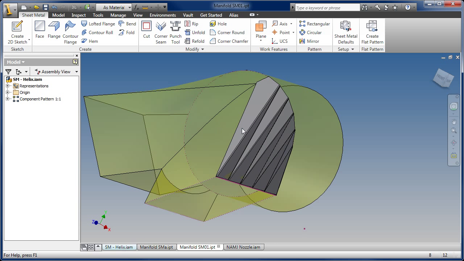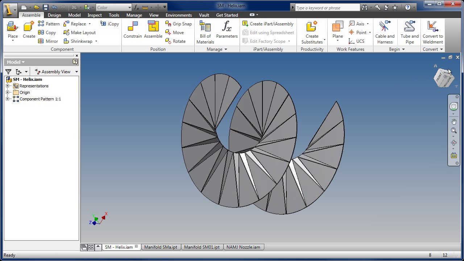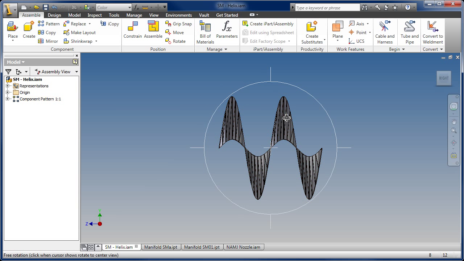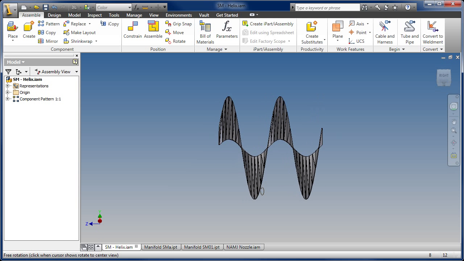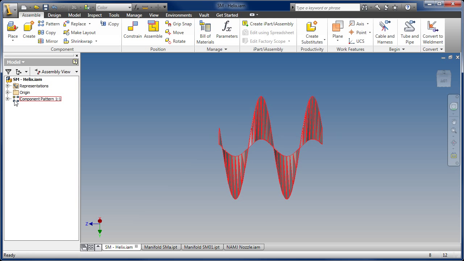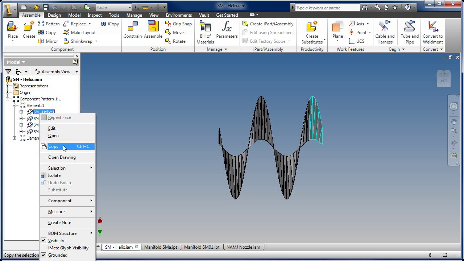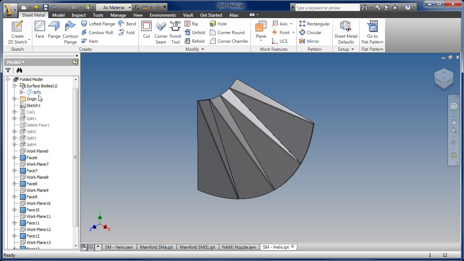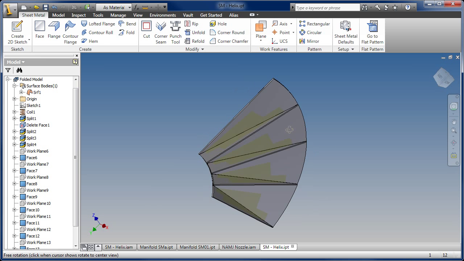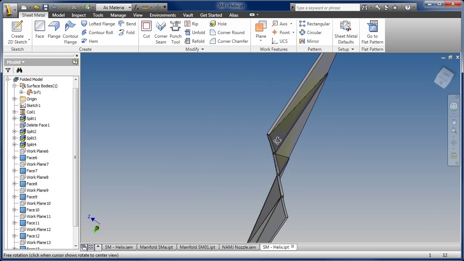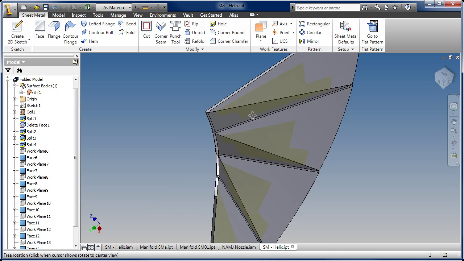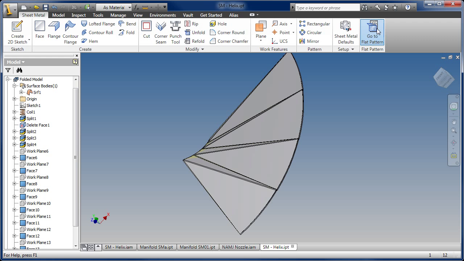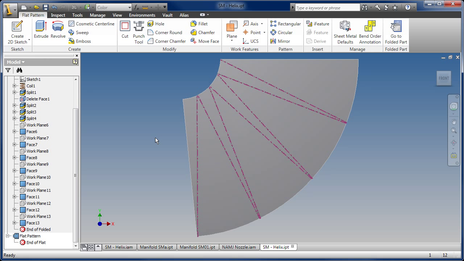I can also use this same thing to create this little helix. Now in this assembly, it's got a whole bunch of the helixes in there. So you can kind of see I can make like a little screw conveyor or something. And if we just open up one of these elements, this guy is just 1/4 of a section. And if I turn his little surface body on, rotate around, you can kind of see the little surface in there, and my little part is hugging that little surface. So again, I can also get the flat pattern from this guy. So I hope you enjoyed this technique, and talk with